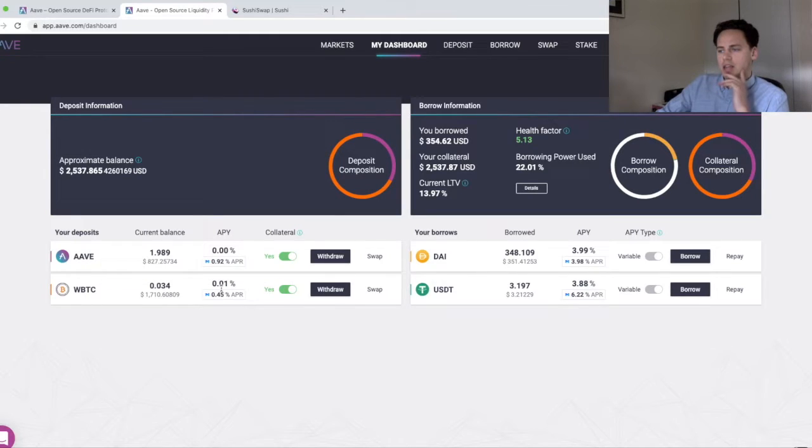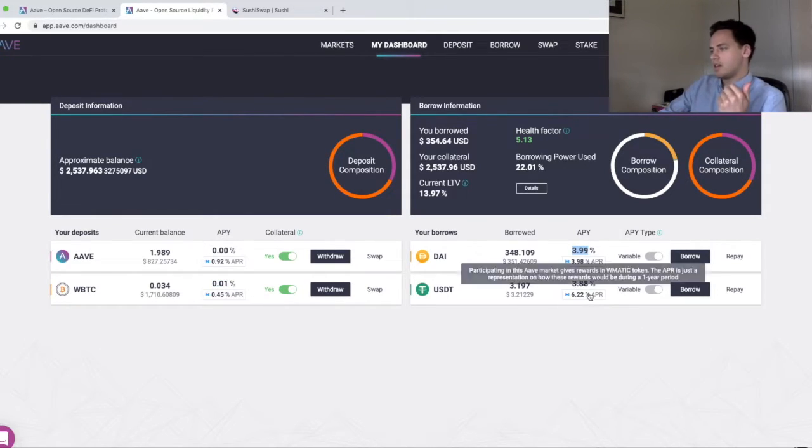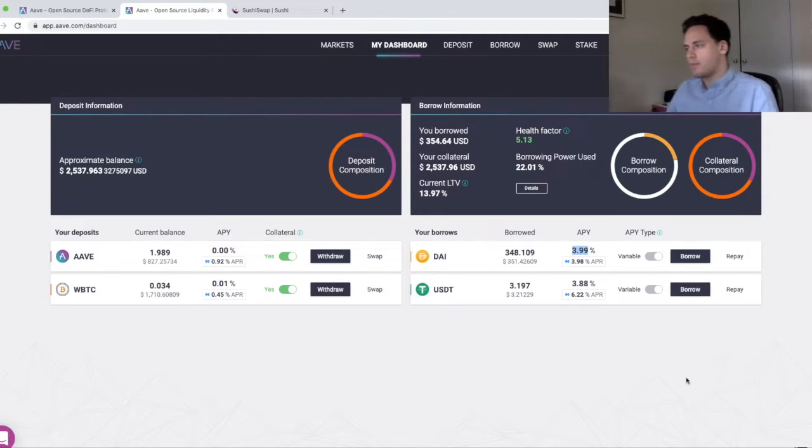So we can see that the APY for supplying wrapped Bitcoin is only 0.01%. That is because there is very small borrowing demand for wrapped Bitcoin in this market. But we can see that to borrow DAI and to borrow USDT, it will cost you around 3.9% per annum,